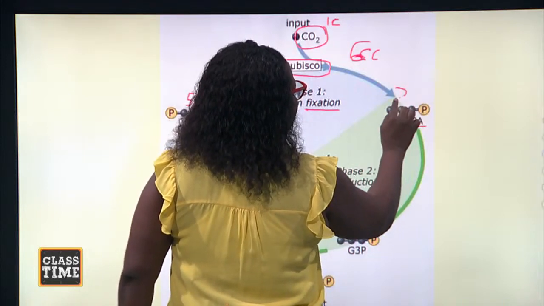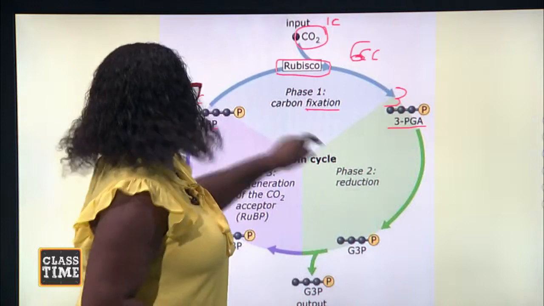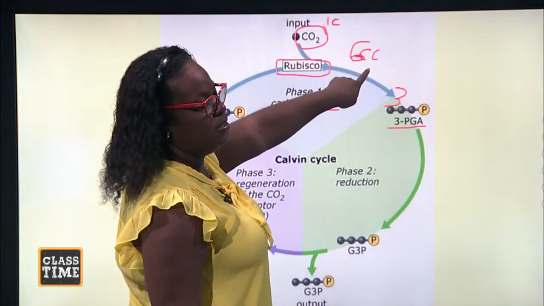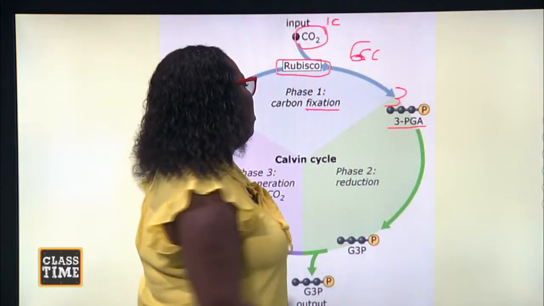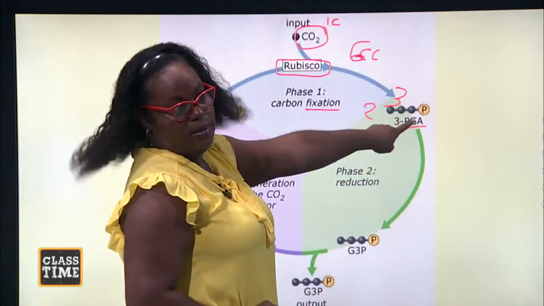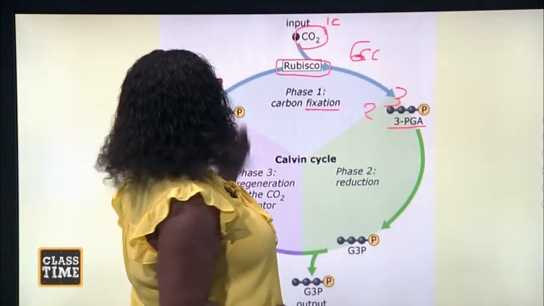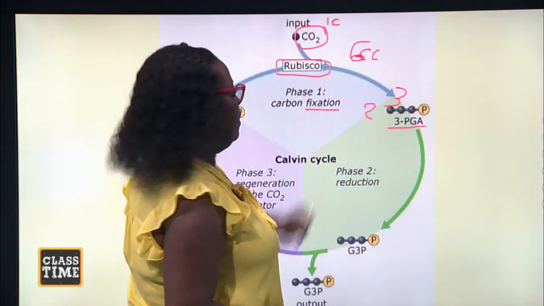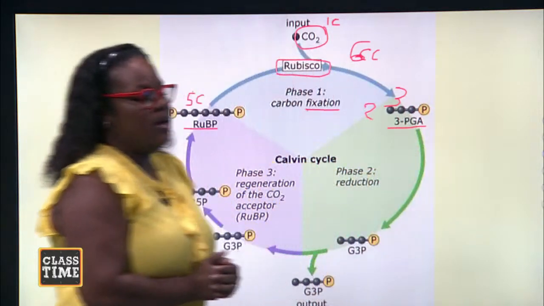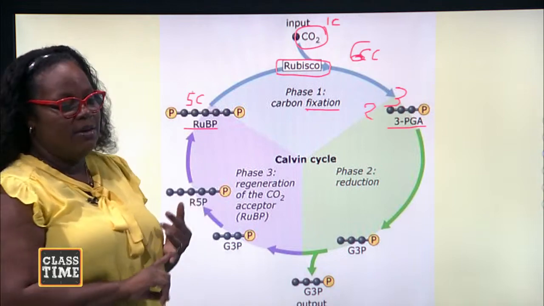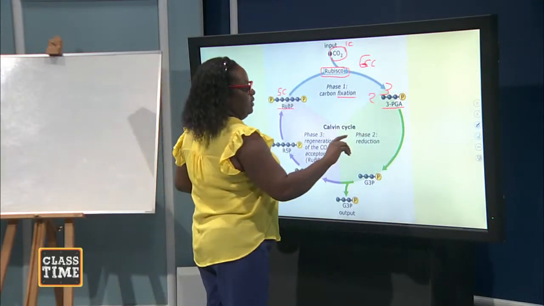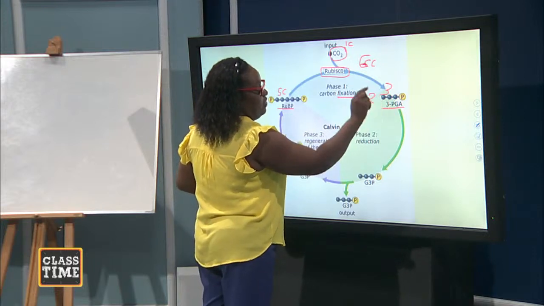Which is a 3-carbon compound here. As you can see, if you have a 6-carbon substance being made, the 3-carbon compound here means that there will be 2 of them being made here for each of this thing happening. So this PGA is actually phosphoglyceric acid, all right? And what happens is the next stage, when after this is made,